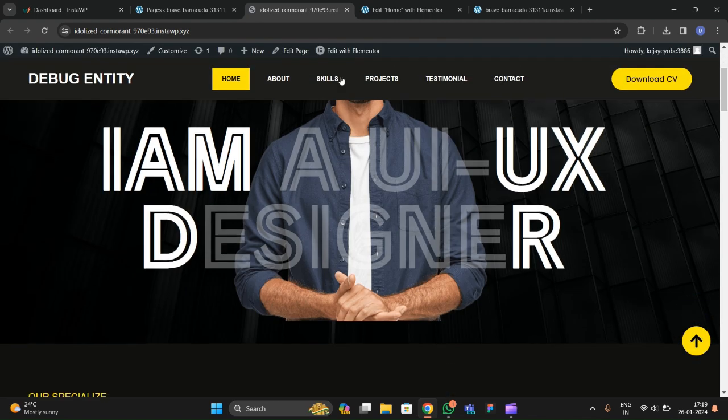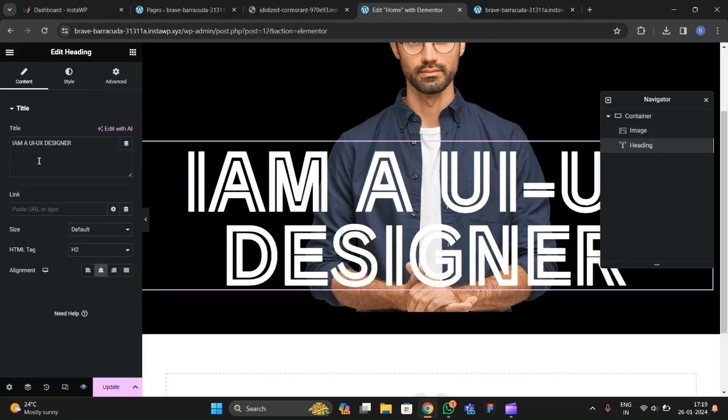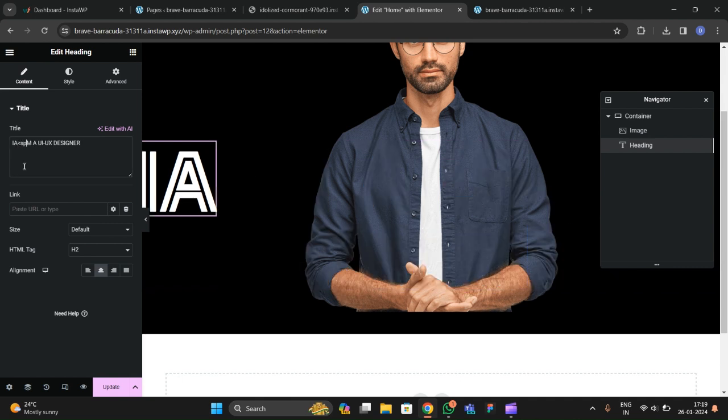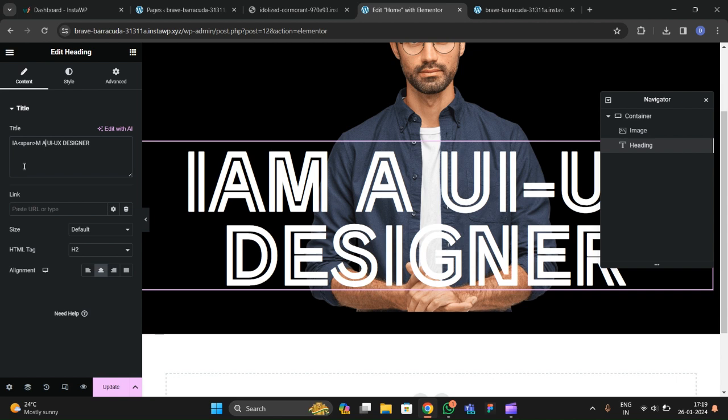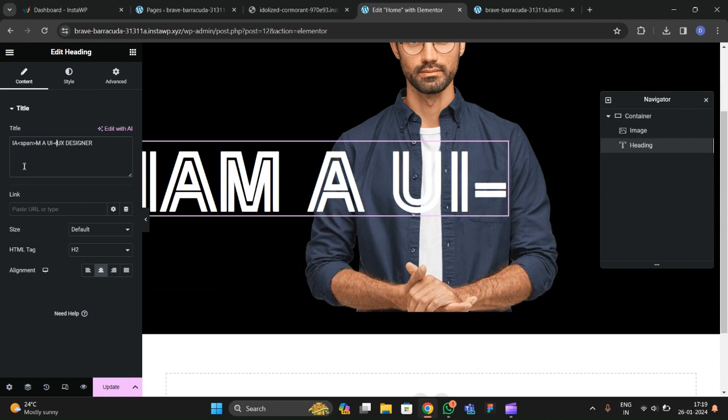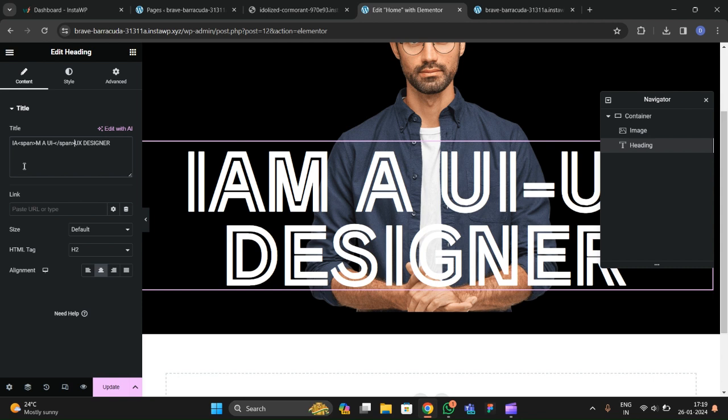Now we have to make this blur. For making it blur, we're gonna use the custom code. Let's go to the heading, and here we have to start from the M and finish till this. Here you have to enter the span HTML tag, and in the span tag open the style, and here you have to write opacity 0.7, or you can choose the opacity 0.5. So the opacity will be low for this text,